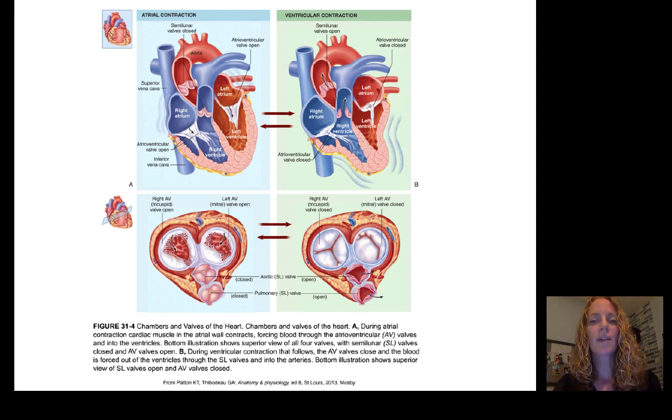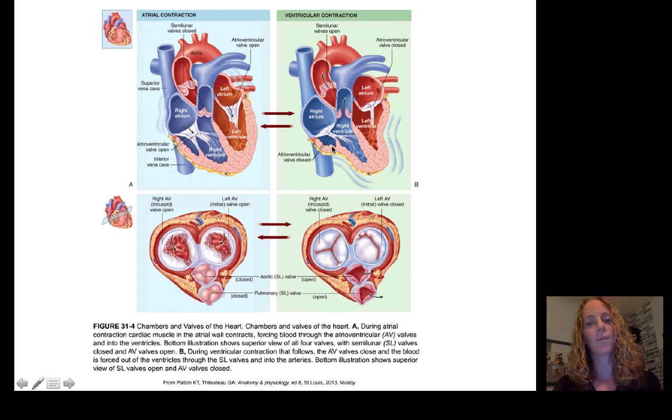This is a summary diagram from your textbook, which also shows the valves. And you'll see that when the ventricles are filling, the AV valves are open and the semilunar valves are closed. When the ventricles are pumping, the AV valves are closed and the semilunar valves are open. There are brief periods of time between these phases when both valves may be closed, and we'll talk about that in a future lecture as we go through tiny details of how this relaxation and contraction occurs through